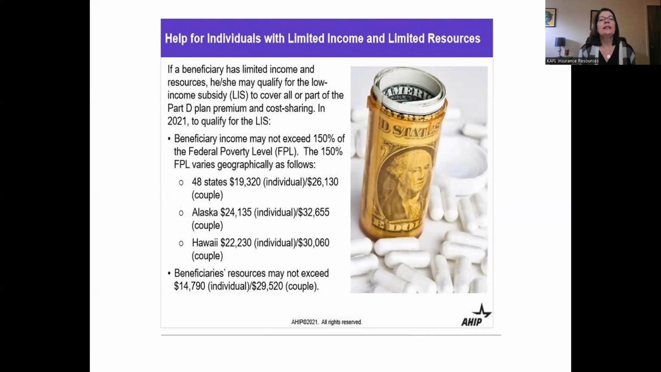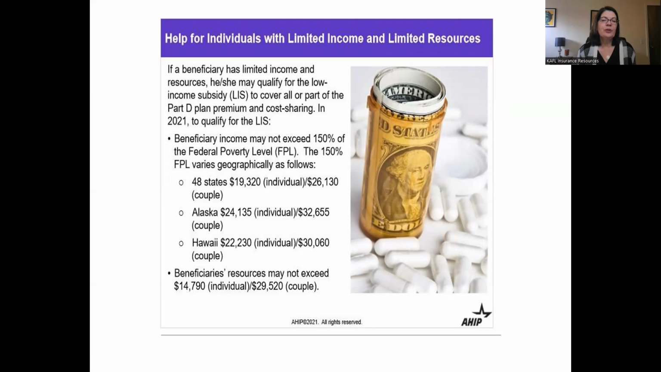So if somebody has limited income and resources, they can qualify for LIS, which is a low income subsidy that can cover all or part of the premium and cost sharing. So again, these are the 2021 figures. I looked up 2022. So 48 states, which is, of course, we're New York, unless you're in Alaska or Hawaii, we're looking at the 48 states. So this is the 150% federal poverty level. In 2021, it was